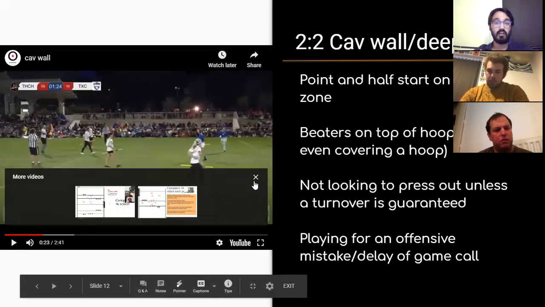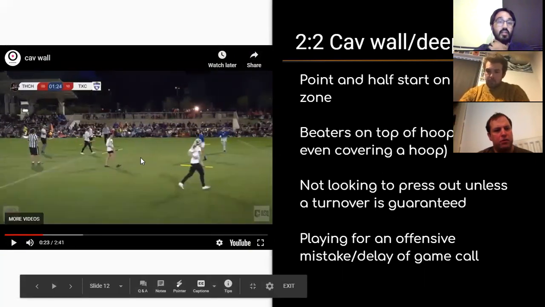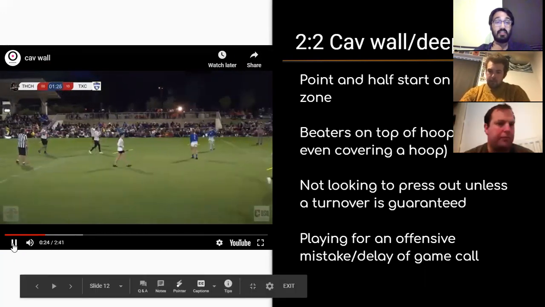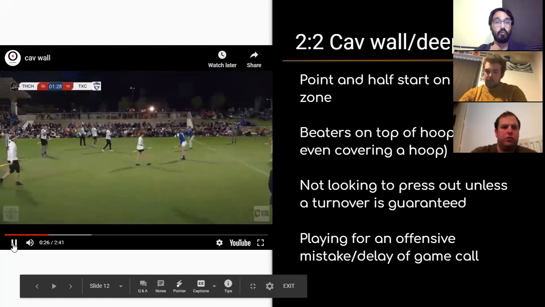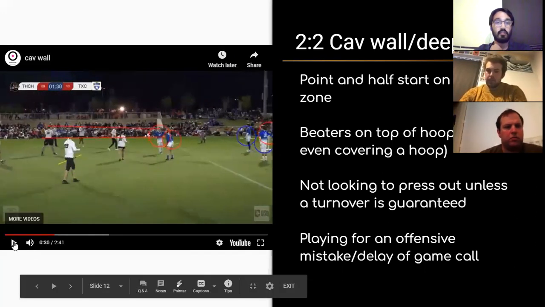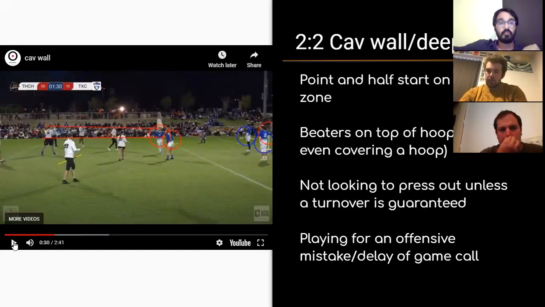There you see the point and a half again on the blue team. They started a bit high and they're now sinking back, and they're going to keep doing that and keep doing that and going all the way back until essentially they're on their keeper zone line. You can then see that the beaters on the blue team, on Texas Cavalry, have dropped even further back. They're now well within their own keeper zone. And then you've got your last two, your keeper and your hoop defender,